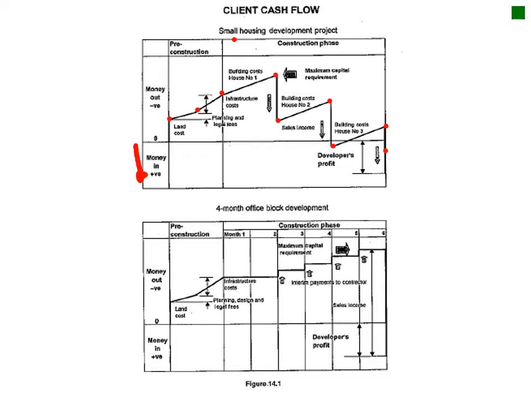Just the other way around, the 4-month office block development, you can see the developer's profit is basically here. The movement of money out is continually going up, until he gets to a point where he can actually start either to sell it, which is here, or he starts renting it, where it starts going down like this on the other side. Okay, fairly straightforward graphs, which I think you guys do comprehend. Okay, then we get to our